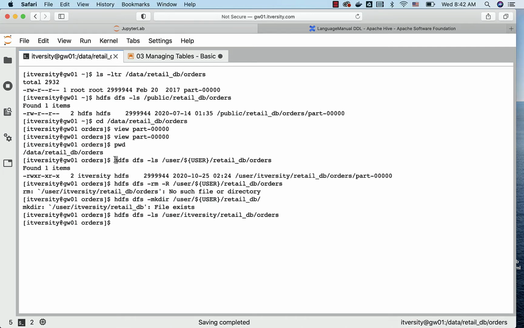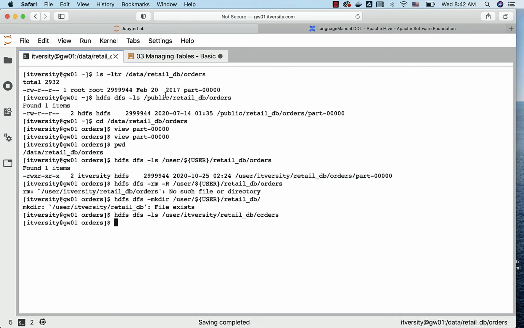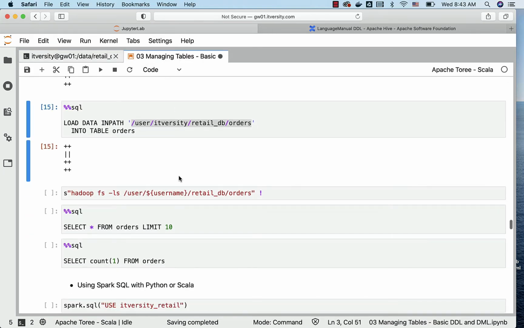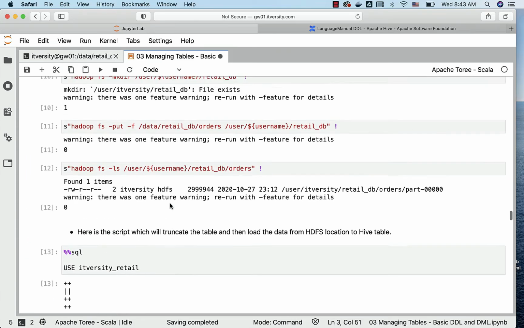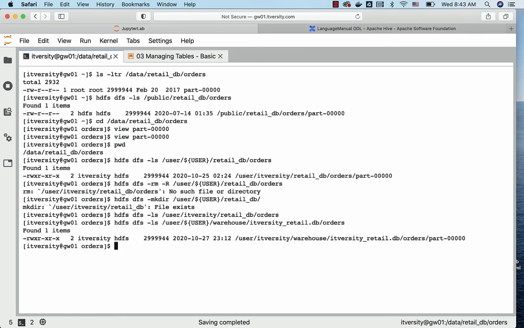Already I have run that command here. You can see the output. However, as we have already run the load command, the files are moved to the Spark Metastore table. That's why it is not showing up here. This is how you can validate to understand what is going on. As the files are moved, you should be able to see them in the target location. If you want to review the target location, you can go to whatever location the table is pointing to. It is nothing but /user/hive/warehouse/itversity_retail.db. After the database name, we just have to give the table name, which is orders, and you should be able to see the file here.